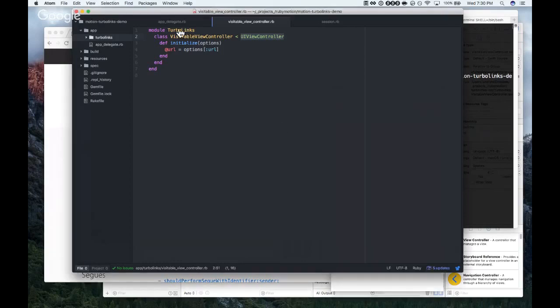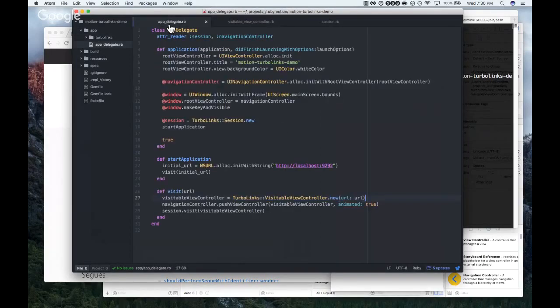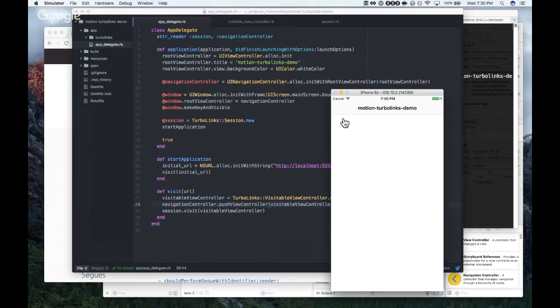I could probably skip setting up the root view controller up here if we make our visitable view controller the root view controller, because it pushed it on instead.